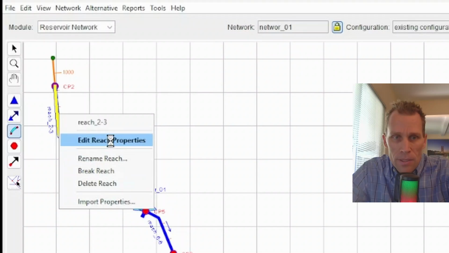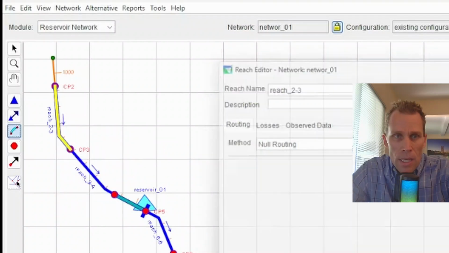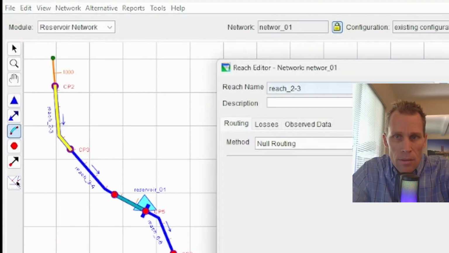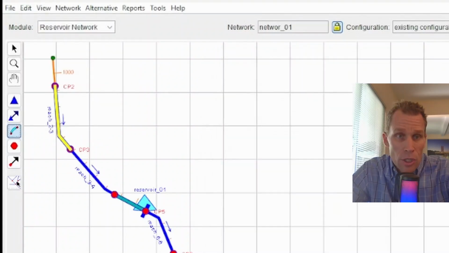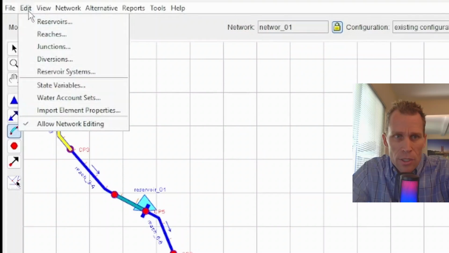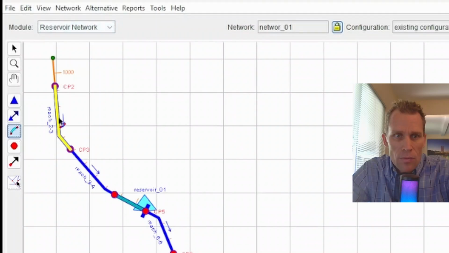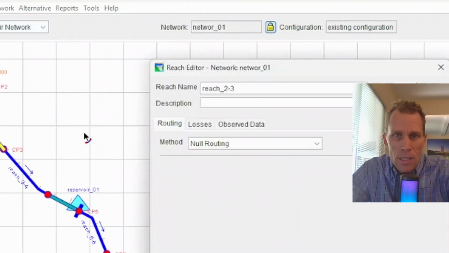So the edit reach properties dialog box is right here. And you can also bring that up by clicking edit in the top menu and then reaches. It's the same thing. Also, from the previous video on junctions, I forgot to mention you can open the junction editor by going to edit, junctions. So that's for junctions. But this video is about reaches, so we'll just right click, edit reach properties, and these